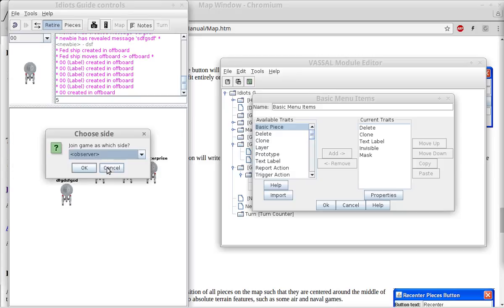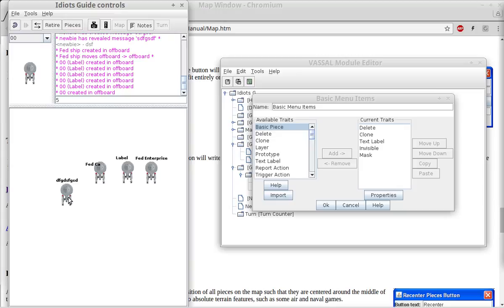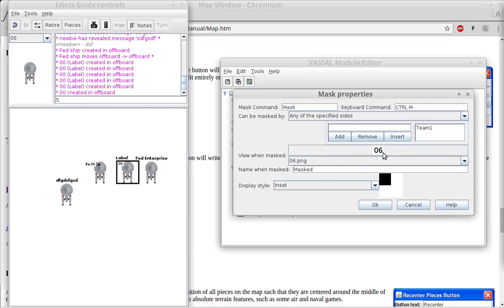So if I join a side, I should now have mask. Now remember, the mask that we had previously set up was the little 06. So let's change what the mask is. So instead of doing that little 06,